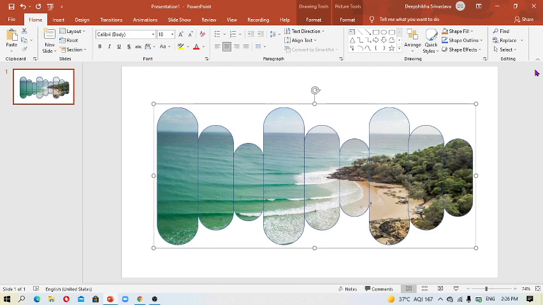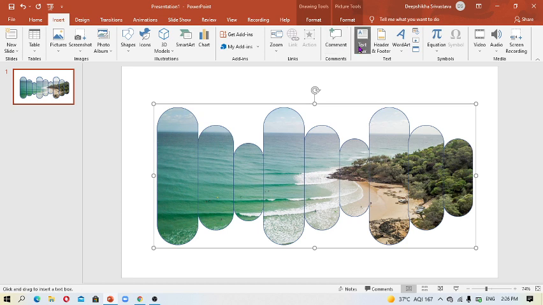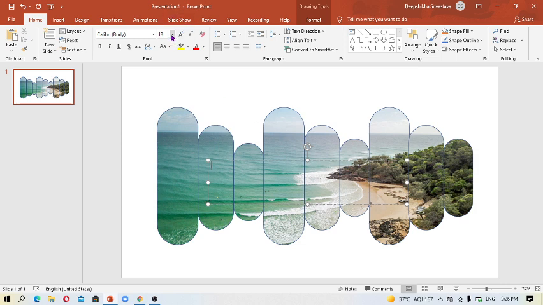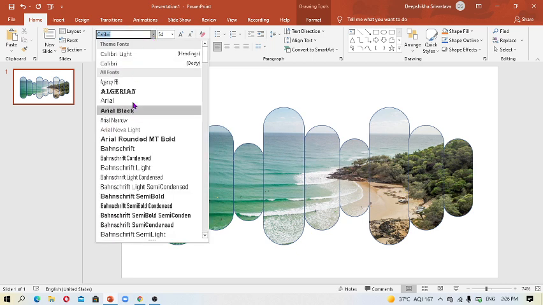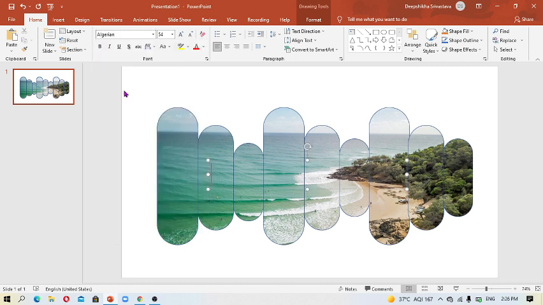Now I'm going to add text over it. For adding the text, go to Insert, go to Text Box and make a text box for the writing, and increase its size as you want. I'm going to use 54, and you can also change the font. I'm going to use this one, and I'm going to change the font color to white, and just write it: best PowerPoint